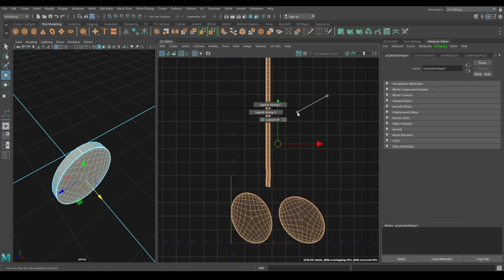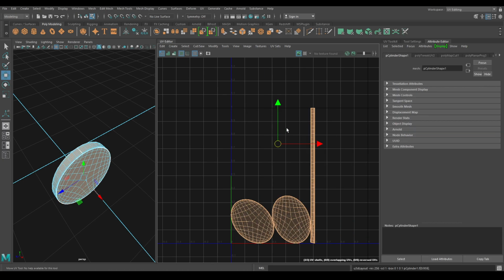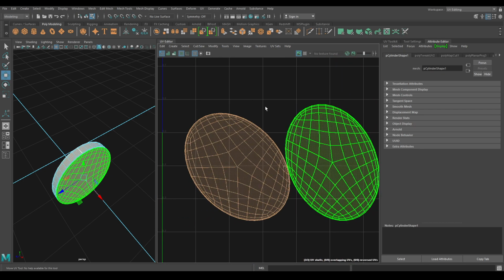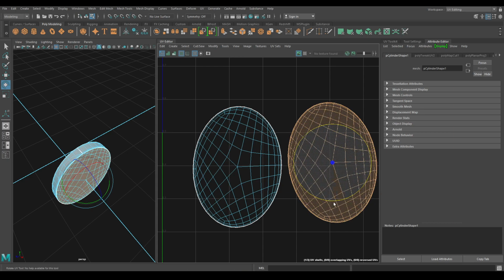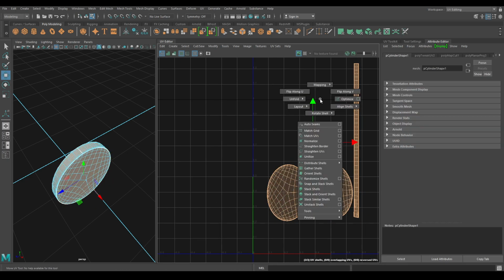Go to shell mode and add them in the layout one more time. Fix the rotation for these shells. Again, select all of them and layout.